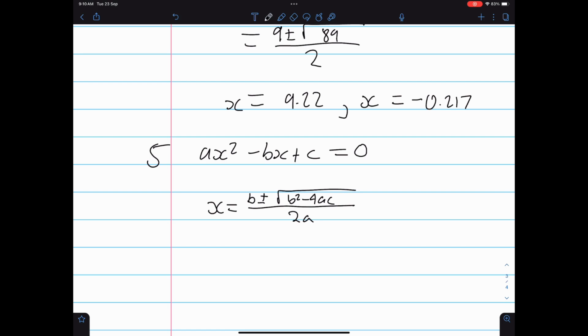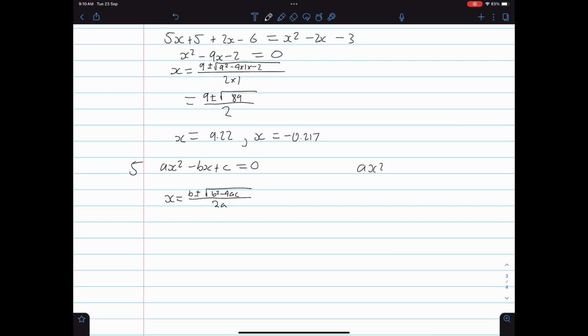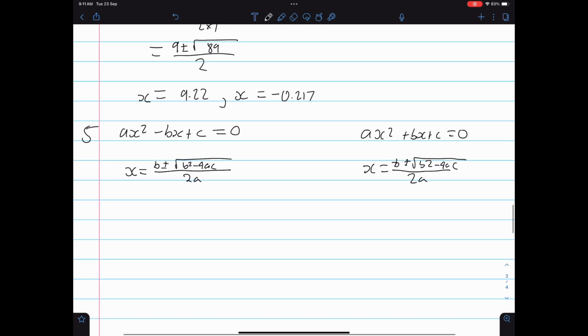But then the second part of the question is asking how it relates to the solutions of ax squared plus bx plus c equals 0. And in this case we'll do x equals minus b plus or minus square root of b squared minus 4ac over 2a. And what's the difference between these two? So if you subtracted one from the other,